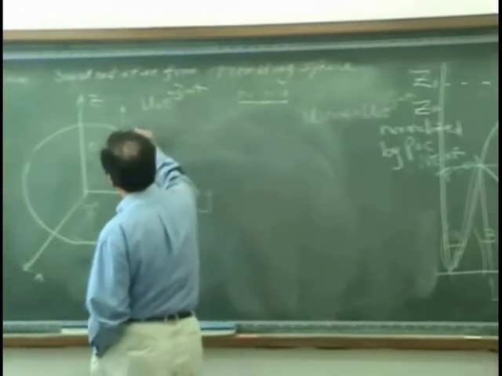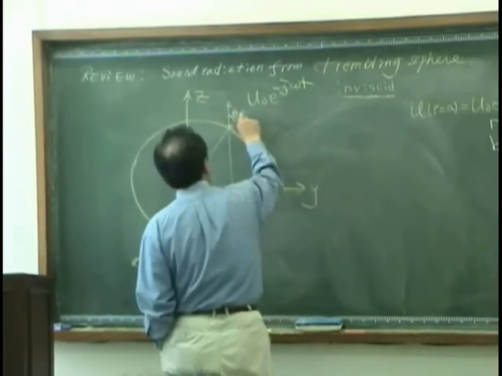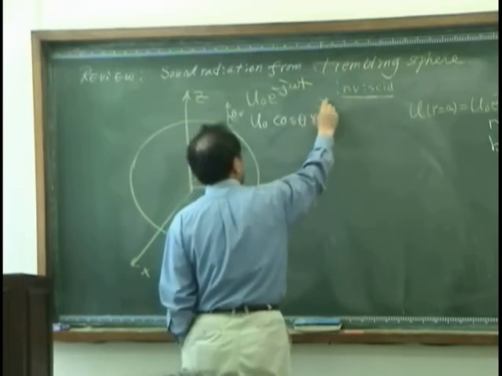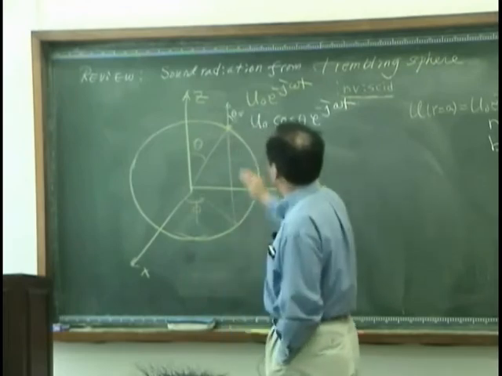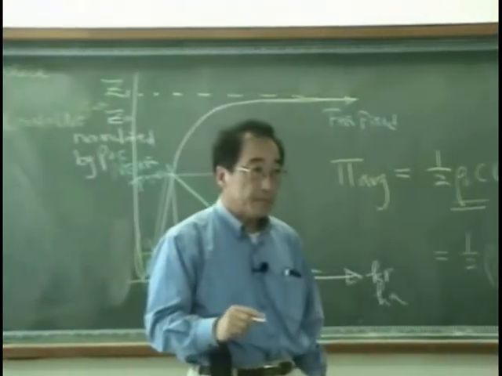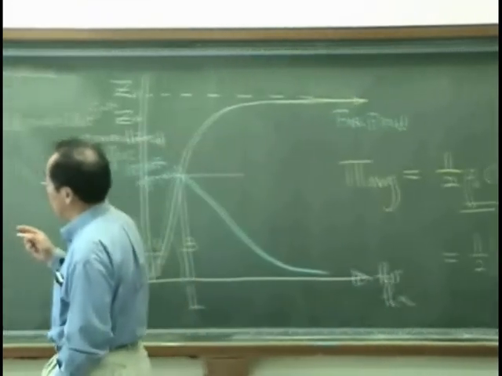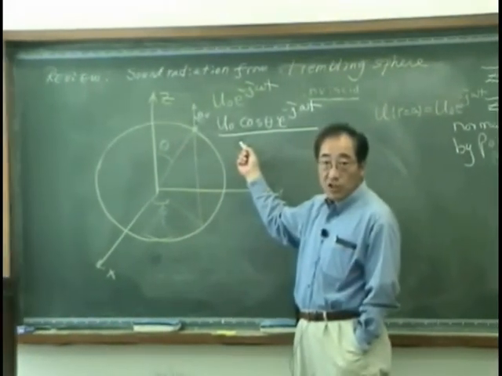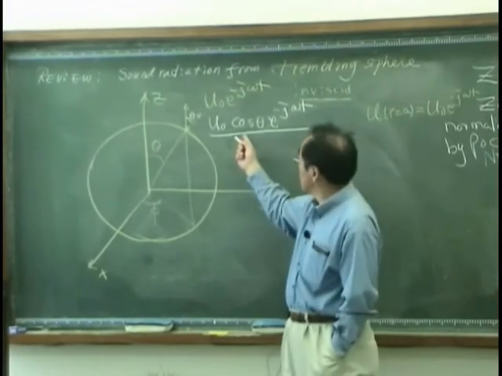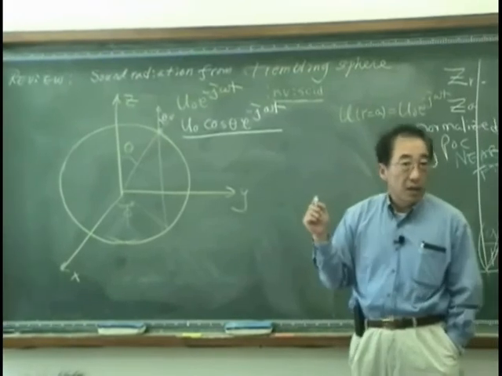So in this direction, the velocity has to be u0 cosine theta exponential minus j omega t. So this is the boundary condition. Okay? Right? So the problem we have is, okay, the velocity in the r direction, normal to the surface of the trembling sphere, is u0 cosine theta exponential minus j omega t, and the governing equation